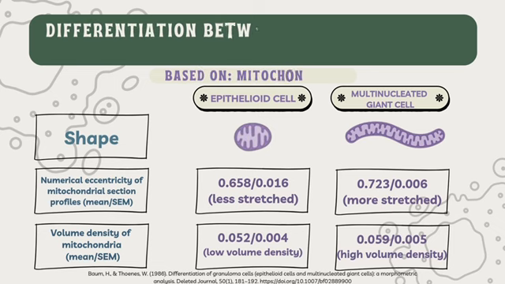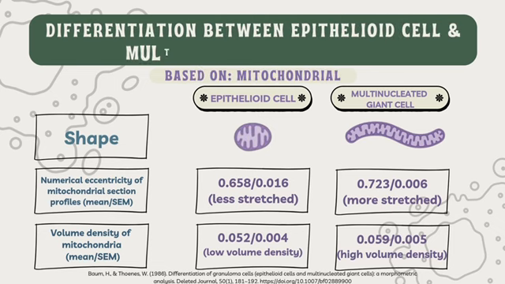Now let's see the differences between the epithelioid cell and the multinucleated giant cell based on the mitochondria. There are only minor differences in the mitochondrial profile section. Based on mitochondrial shape, the epithelioid cell's is spherical, while multinucleated giant cells are elongated. This is related to the second point, which is the numerical eccentricity of mitochondrial section profiles. Numerical eccentricity of mitochondrial section profiles refers to the shape of the profiles, quantifying how stretched or elongated they